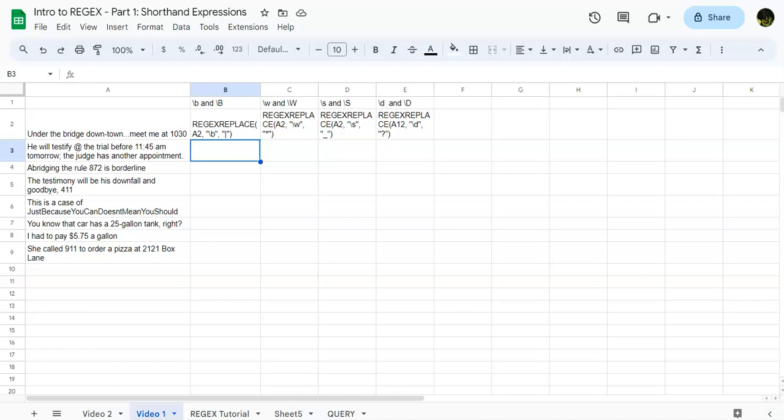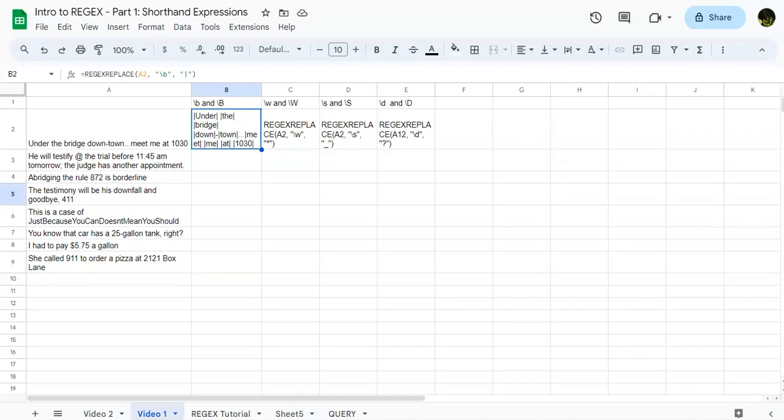So what we're going to do is take a look at these eight shortcut expressions, and notice that they are just the uppercase and the lowercase of each, and they're usually opposites of each other. Let's take a look at the lowercase b and the uppercase b. Slash lowercase b is where you want to replace the word boundaries, the place in between words. As you can see here, I already put in the equal sign, and what it did was put